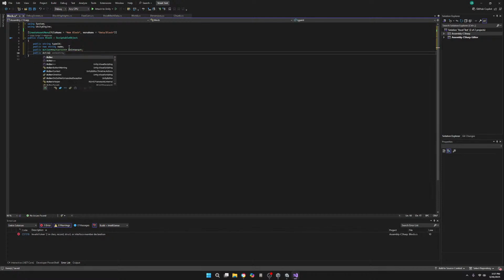Public action Vector3Int, on place, on destroy, public action